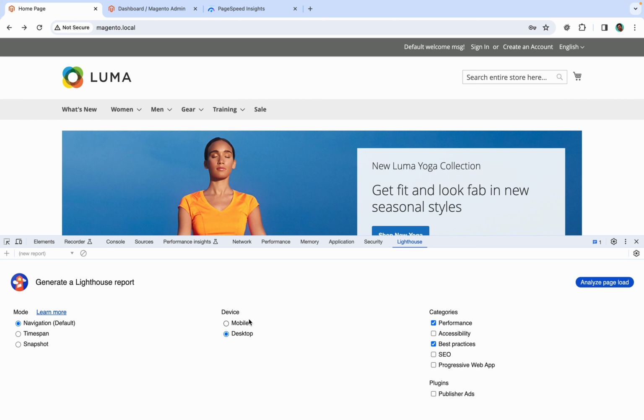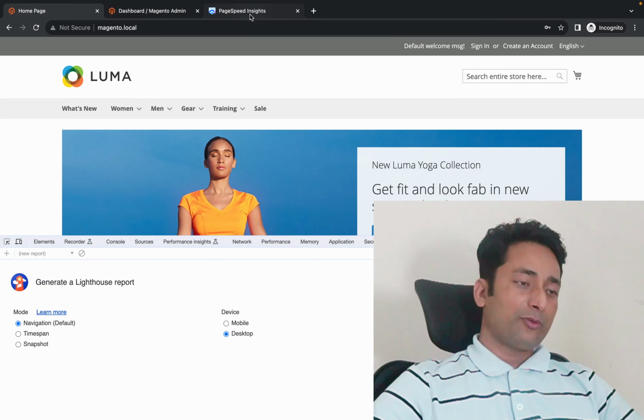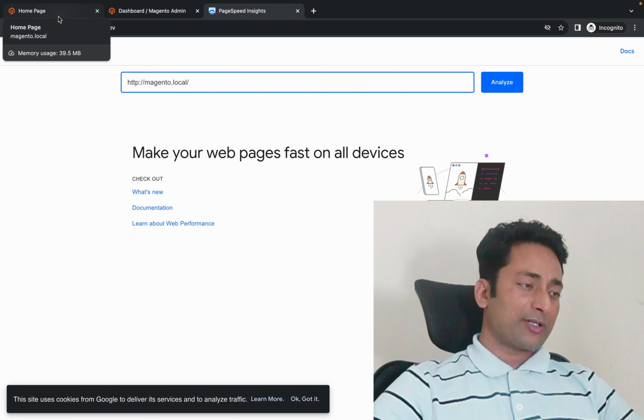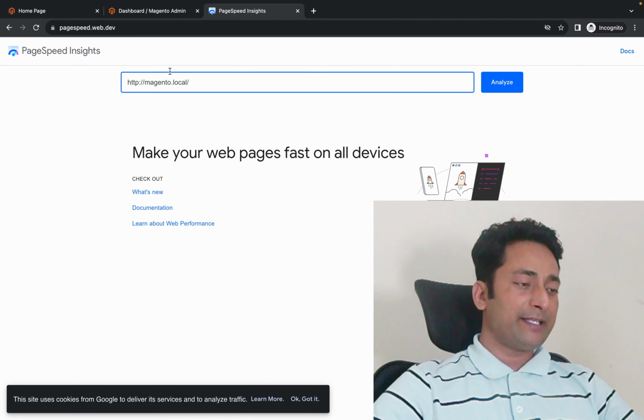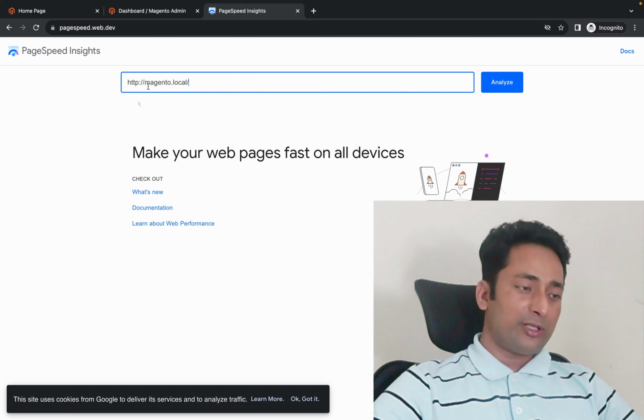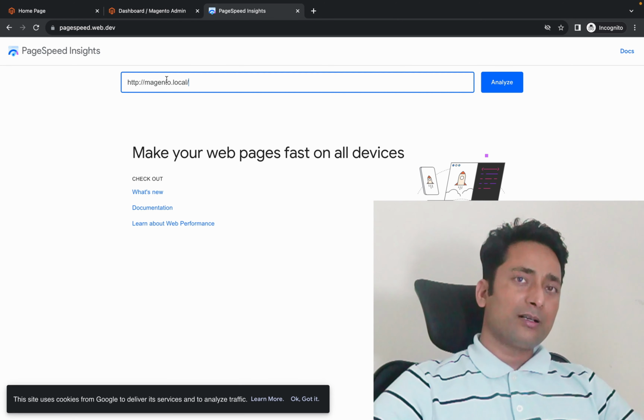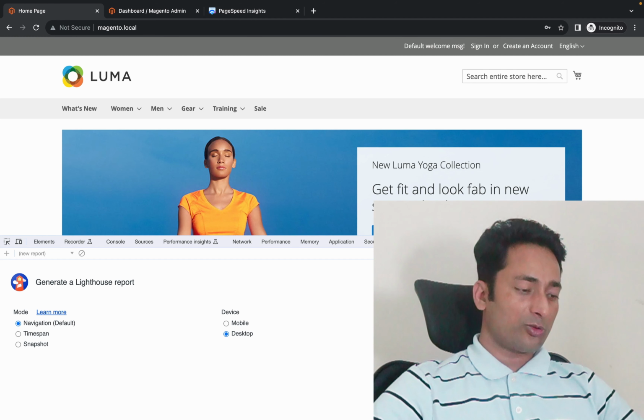Using this section, we are going to check the existing performance of the website. This Lighthouse tool works in a similar way to PageSpeed Insights, which is available here. So our result will be similar to what we would see on the PageSpeed Insights website. If you have an online website, you need to test it here. If you are developing in a local system, you can use the Lighthouse tool to test the existing speed.